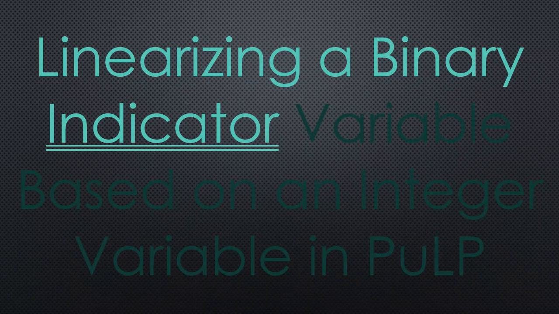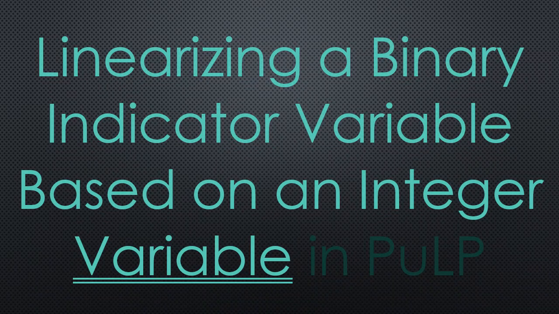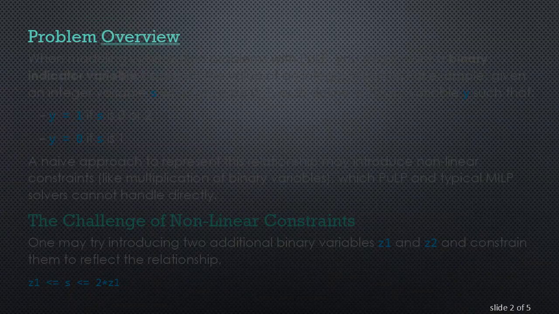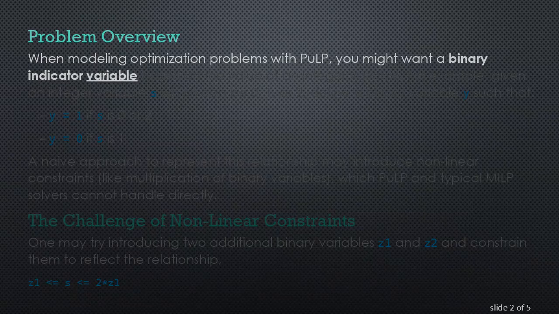Linearizing a binary indicator variable based on an integer variable in PuLP. Problem overview. When modeling optimization problems with PuLP, you might want a binary indicator variable based on the value of